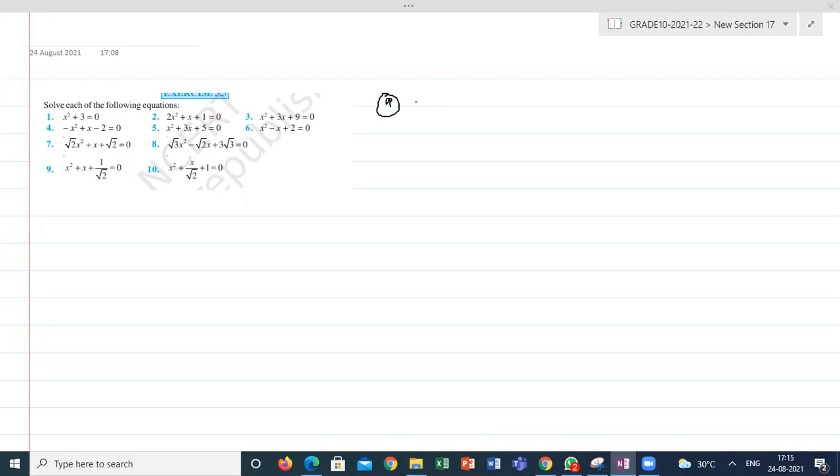Sir, discriminant is 4 minus 4 root 2. Try to simplify the equation in the simplest form. They gave the equation x square plus x plus 1 by root 2. So I'm multiplying everything with root 2. Then I will get root 2 x square plus root 2 x plus 1 is equal to 0. If I'm multiplying again with root 2,